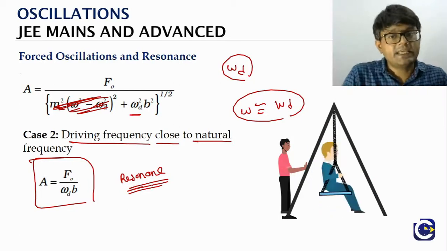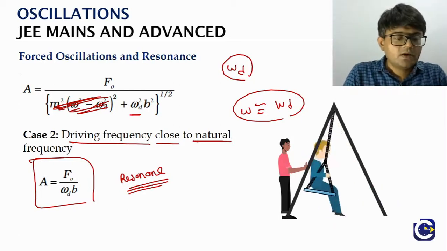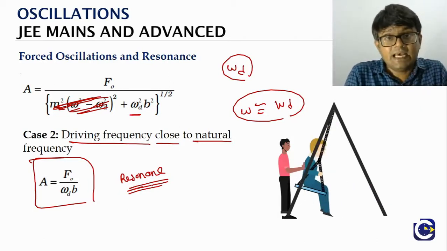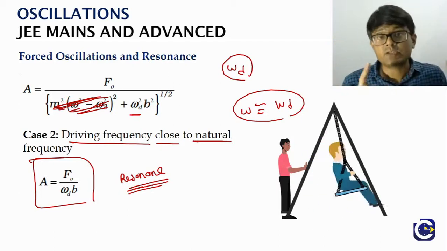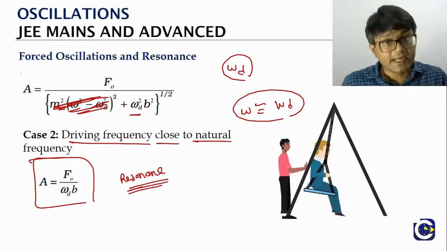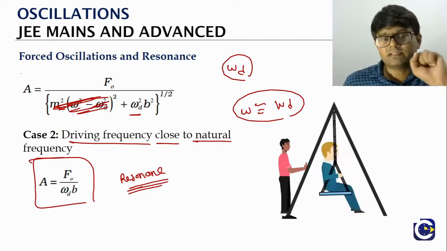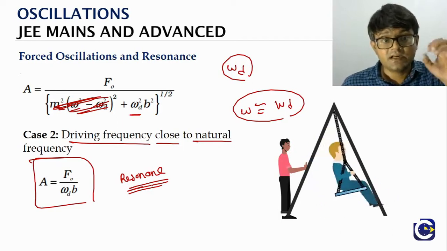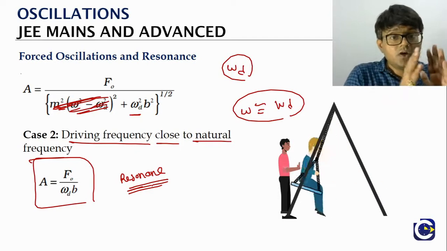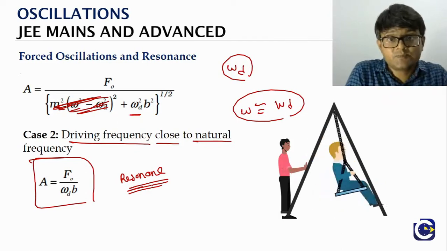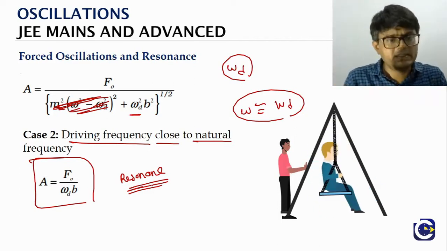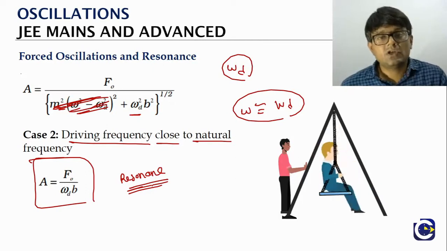And there are some applications of this concept of resonance, both in terms of the mechanical aspects as well as the electrical circuits. In +2, when we talk about alternating current, we'll again discuss this resonance condition. Just keep a note of it. There again we'll talk about damping, all these things we'll review, not from the mechanical oscillations perspective, but from the electrical systems perspective. That we will see again there. But this is the condition of resonance.